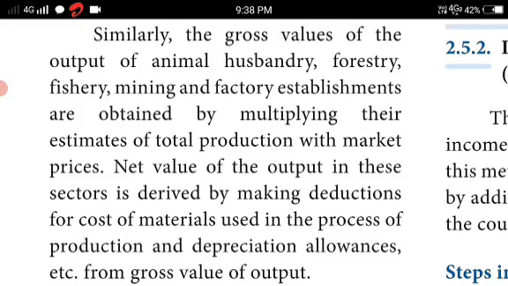So how are we going to reach the national income, whether it is high or decreasing? They are calculating or measuring the sectors. It may be the agricultural sector, the 64 commodities they said, like that the animal husbandry, forestry, fishery, mining, the factory establishment, everything. In such a way they are going to take measures, calculating the national income. So how much are they contributing to the national income?